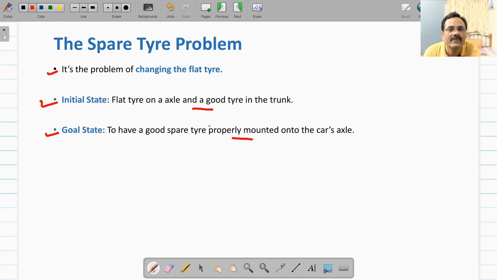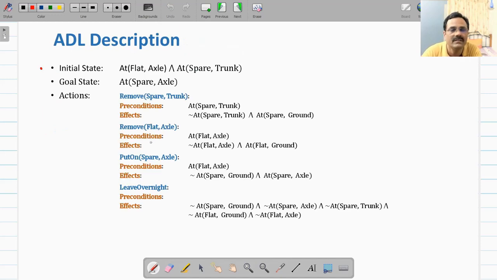But for preparing a planning graph you should have a description in a planning language. So an ADL description is given to us. It is given that the initial state is that the flat tire is at axle and the second preposition is spare tire is at trunk. The goal state that has to be achieved is spare tire will be at axle.